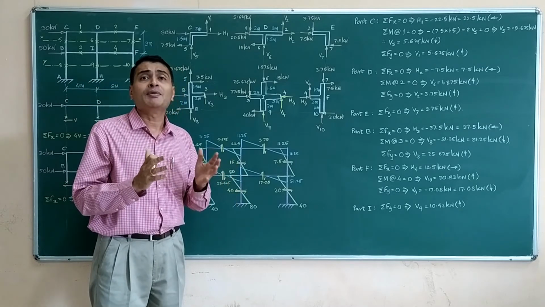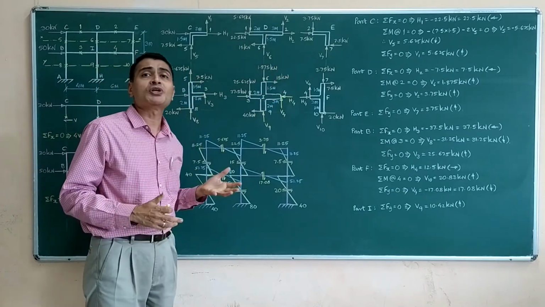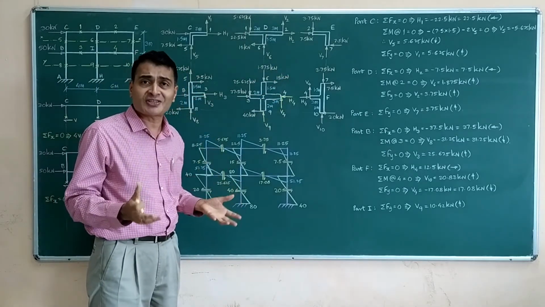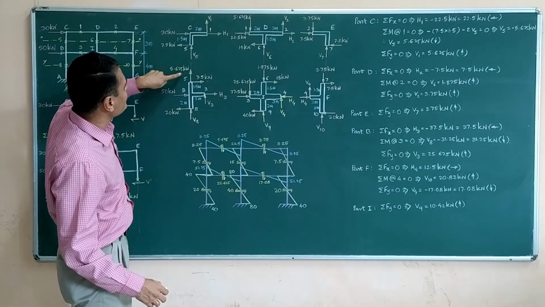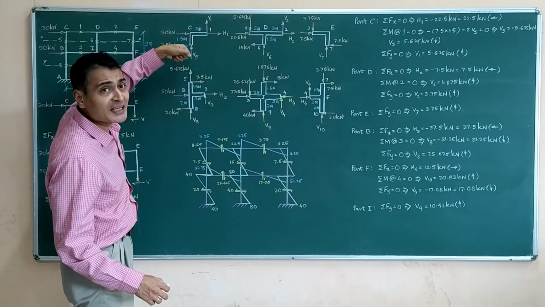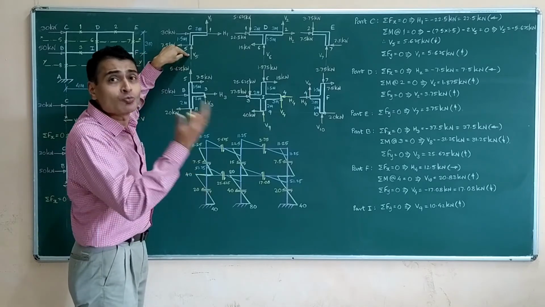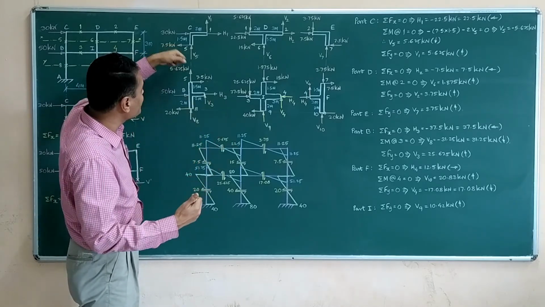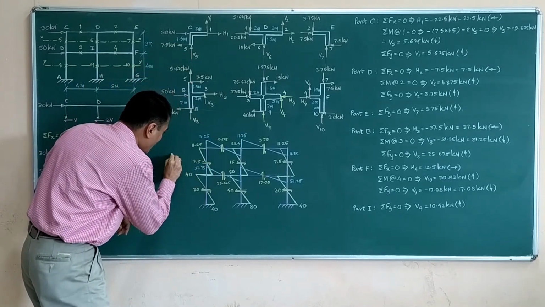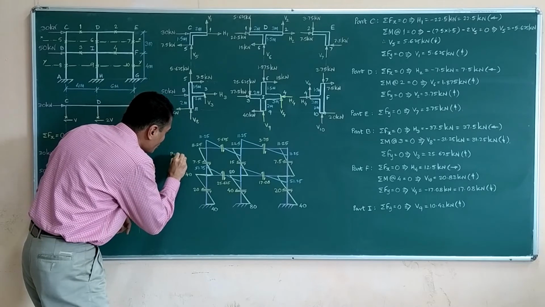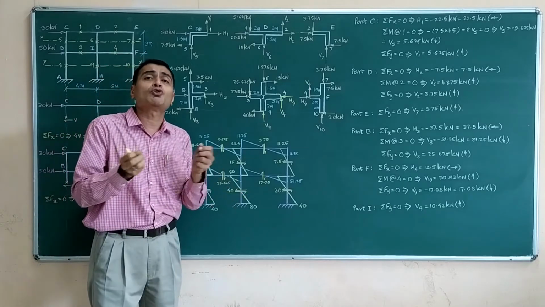And finally, coming to the axial force, looking at the FBDs, we are in a position to decide whether the axial force is tensile or compressive. For example, if you look at this force, this is 5.625 pulling. This assumption was wrong. We had assumed it upwards, but actually it should have been downwards. So this is a pulling force, this is a pulling force. That means here I have P is equal to 5.625 kilonewtons positive. Positive means tension.